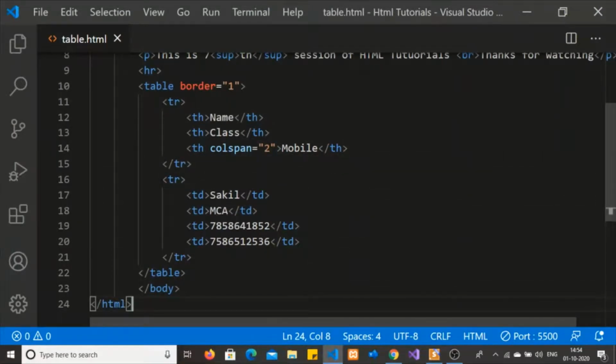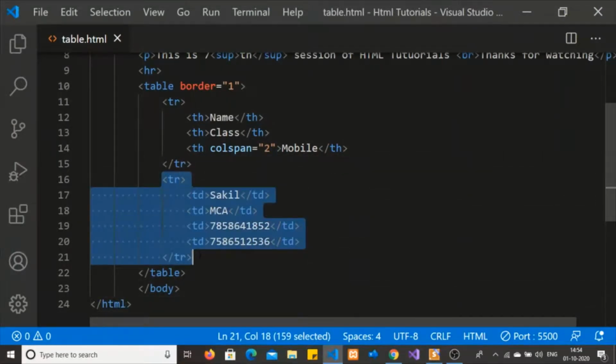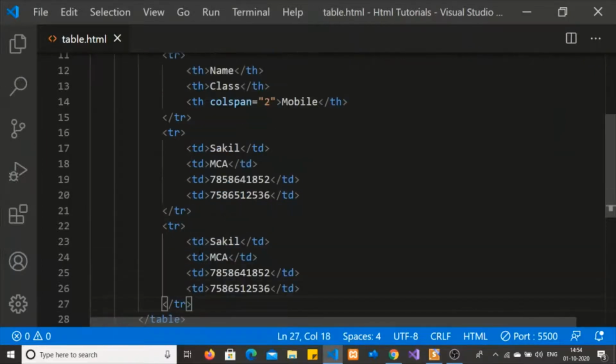Let's again copy this code and add one more record. I am editing the same value. Rohit, he is studying in BCA. His mobile number is some random value.